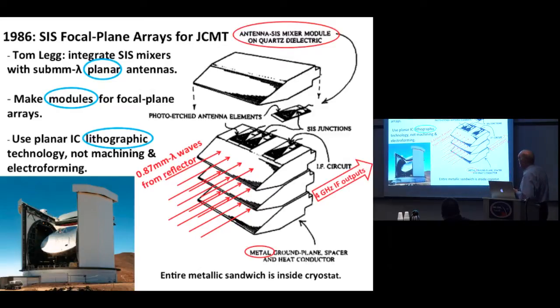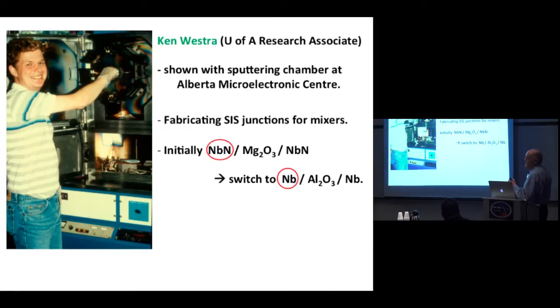Right. So, luckily, the Alberta Microelectronics Center is directly adjacent to campus, and we have a new faculty member, Mike Brett, who has close ties with them. Here's a research associate, Ken Westra, at the sputtering machine. We start in niobium nitride, some problems, switch to niobium,